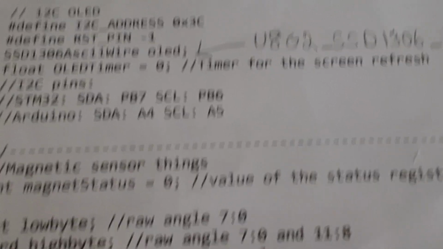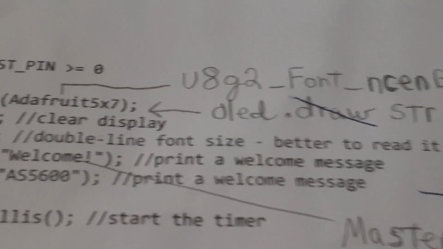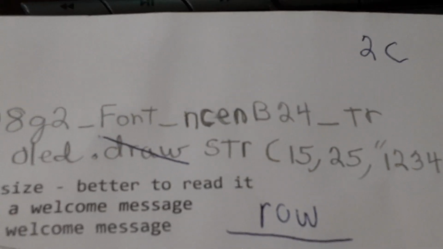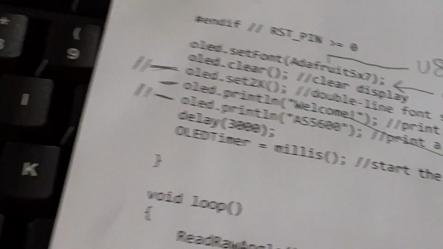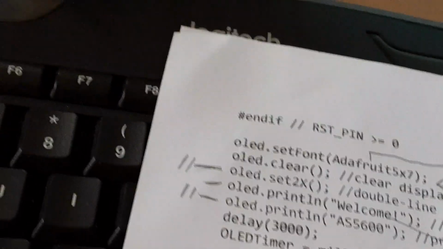Every time I tried to do something, it would tell me that it wasn't declared or this or that, or it just couldn't get it to work. I tried different things and it just wasn't working. So what I did was I did some research on this,